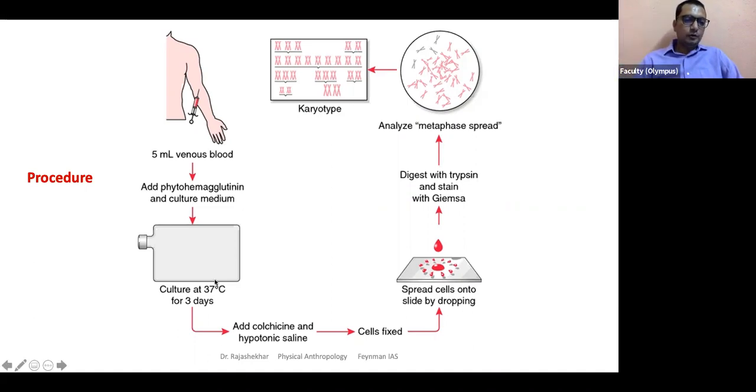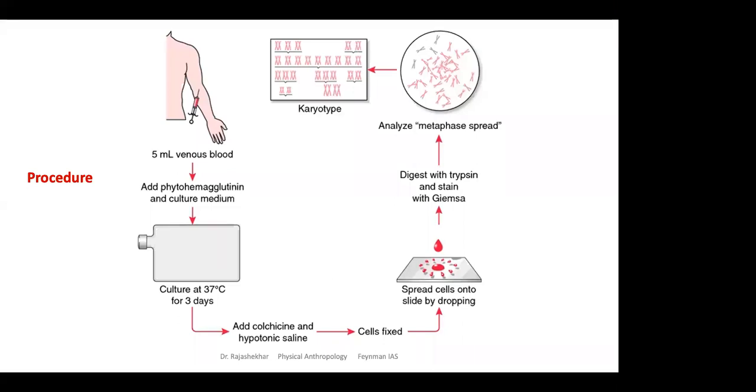After a few days of this, you don't have to write all the details, just the general idea. A sample is collected. It could be blood, or like we talked about in the chromosomal abnormalities, mainly in the genetic screening part, what samples did we learn for prenatal screening? Prenatal screening is done using what type of samples? Chorionic villi. Correct. Chorionic villi sample.